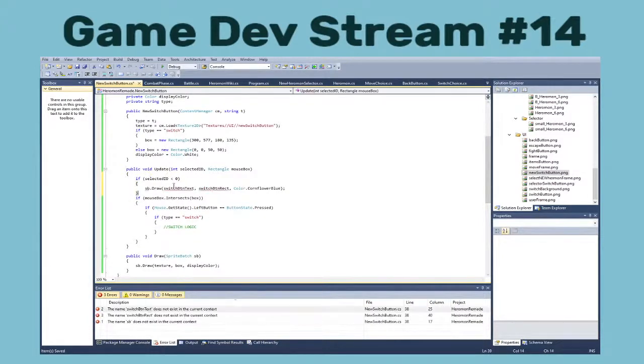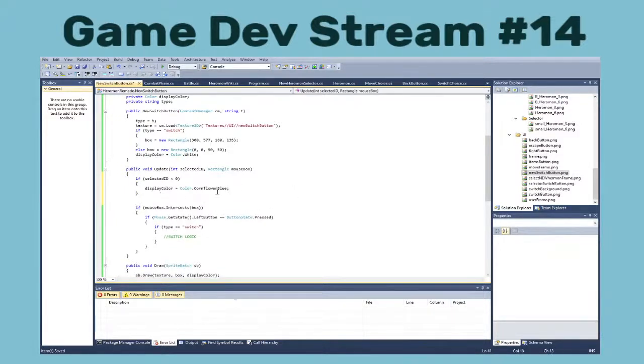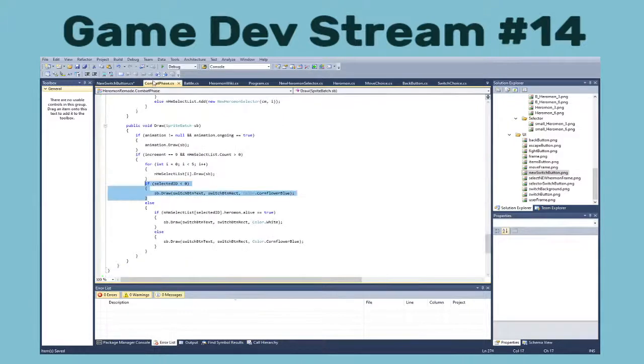If selected ID is less than 0, then display color equals color.cornflower blue. And else,